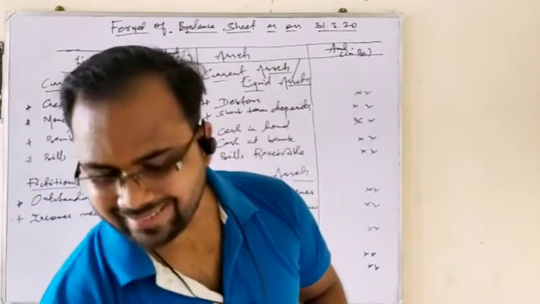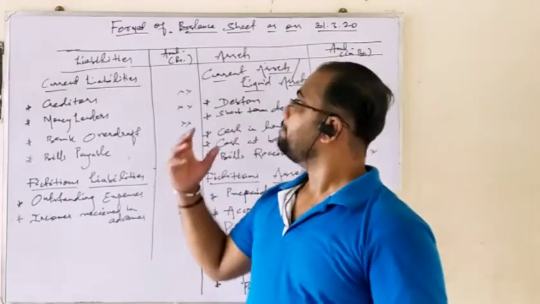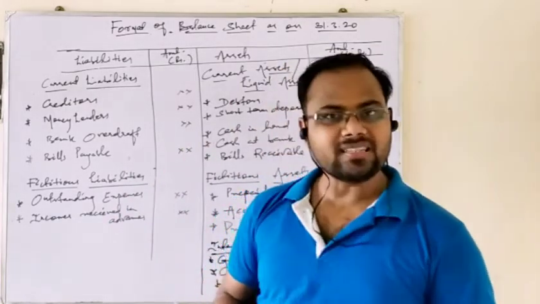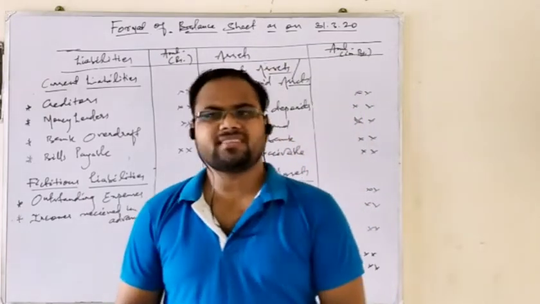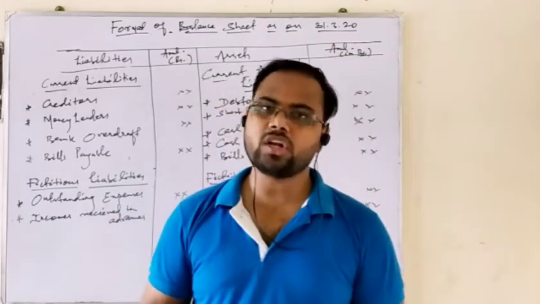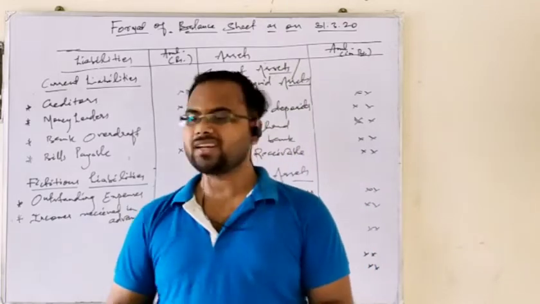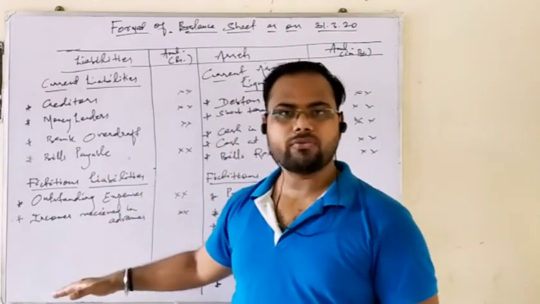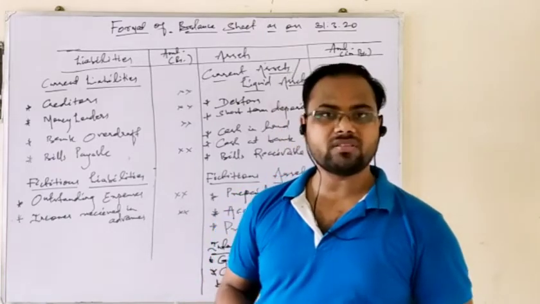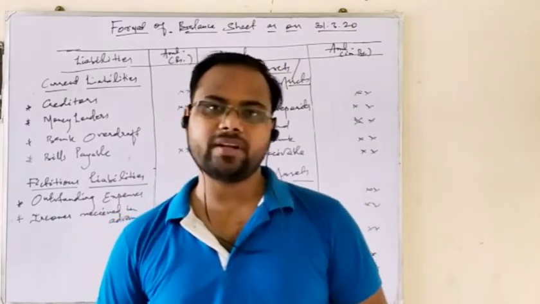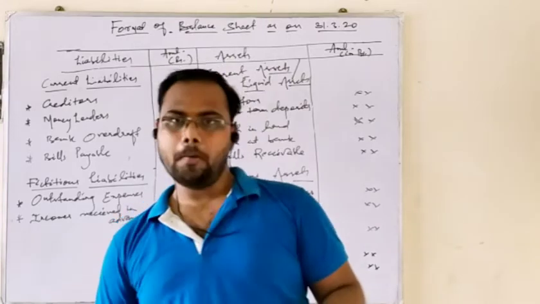There is only one asset and liability left to be written in the balance sheet, that are contingent assets and liabilities. See, the contingent assets and liabilities are usually not shown in the balance sheet. They are given as a footnote at the bottom of your balance sheet or any financial statement, because there is a provision that contingent liabilities or contingent assets are not shown in the books of account.